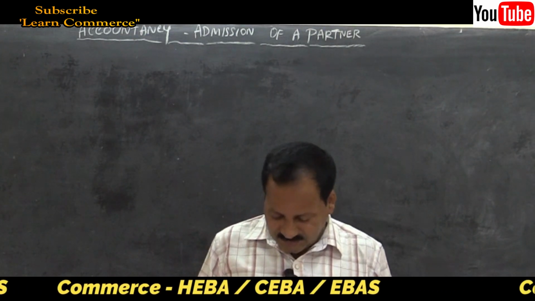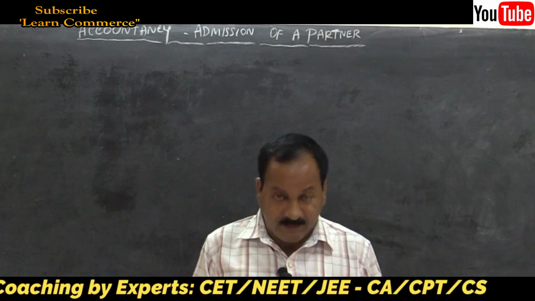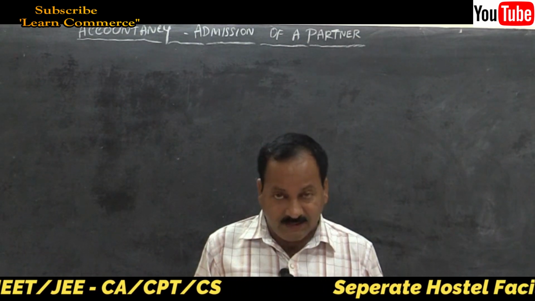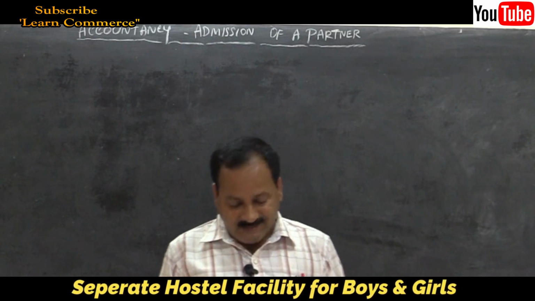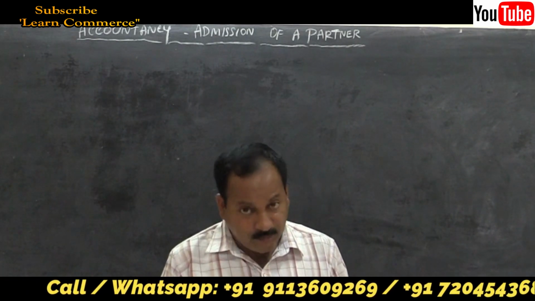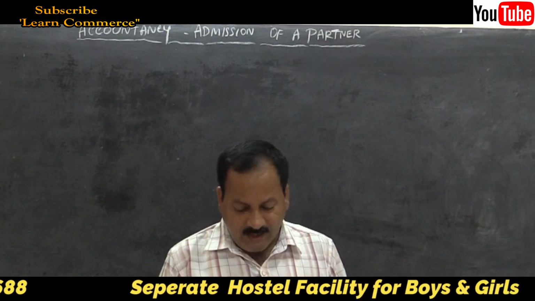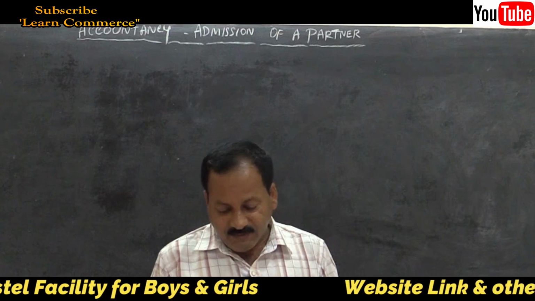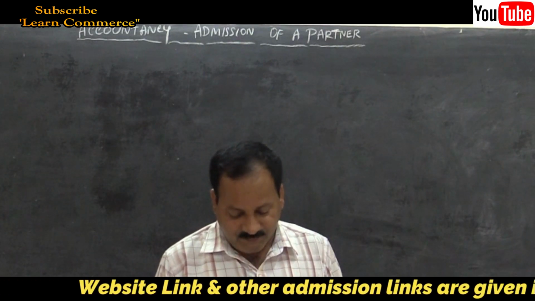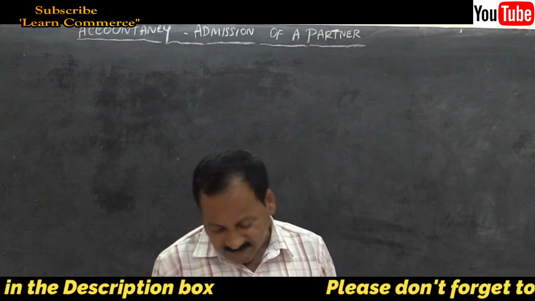Page number 44, problem number 15. Let me read the problem, and in the meantime let us analyze it and we will solve the problem now. Page number 44, problem number 15. Ganga and Yamuna are partners in a firm. Following is their balance sheet. Balance sheet is given: creditors, bills payable, normal liabilities,